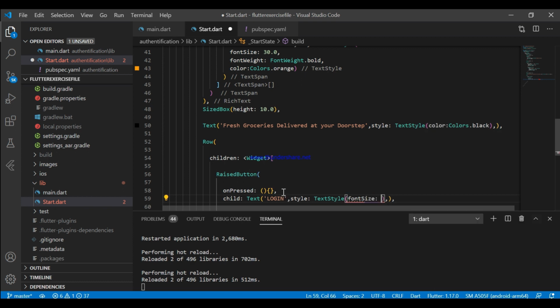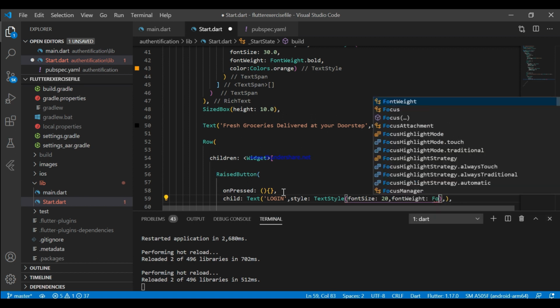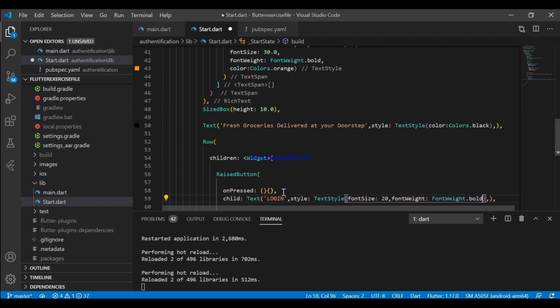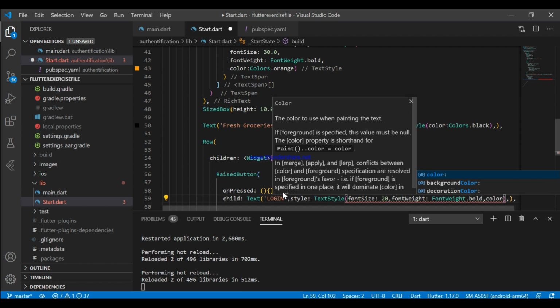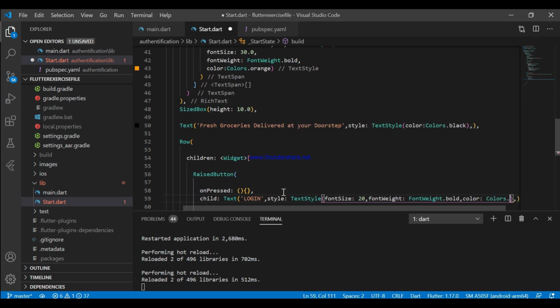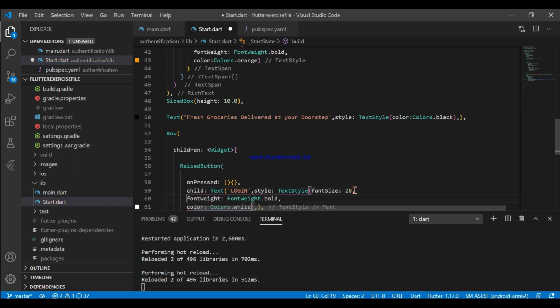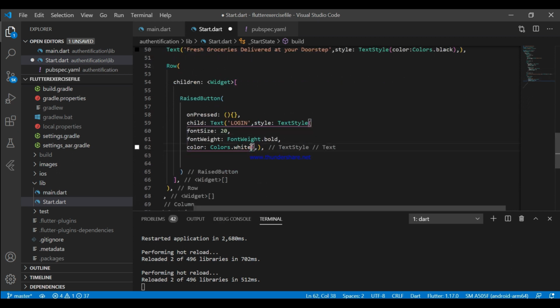This time let's give a font size of 20, and we also need bold texture and a white color because we are using orange as a background in the theme. White looks good on orange, that's why I'm using white. I hope you guys also like this UI.